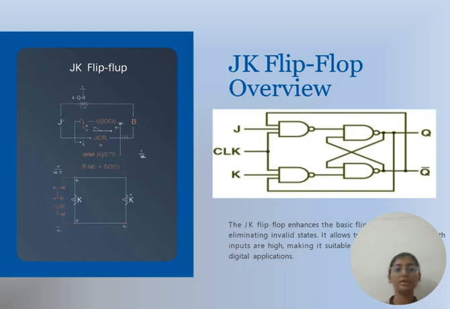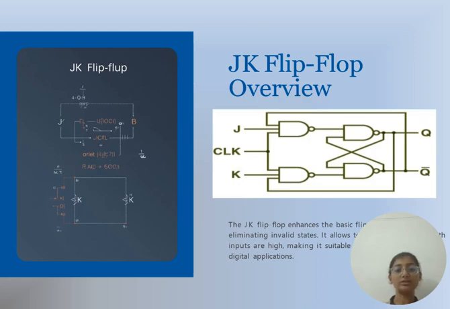Now let us see the overview of JK flip-flop. The JK flip-flop is a type of sequential logic circuit used to store one bit of data with two inputs labeled J, that is set, and K, that is reset, and two outputs Q and its complement Q bar. It is an improvement over the SR flip-flop, resolving the invalid state problem when both inputs are high,